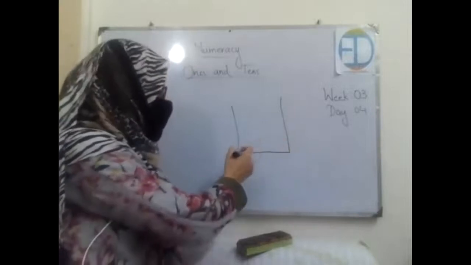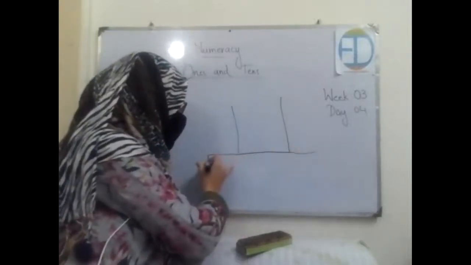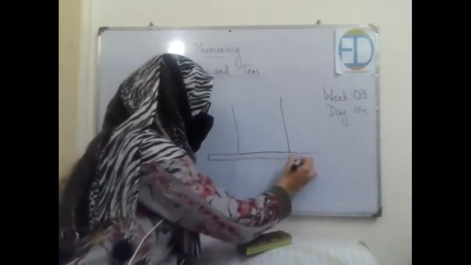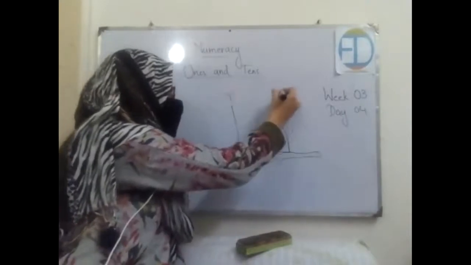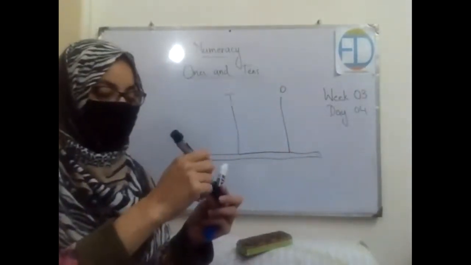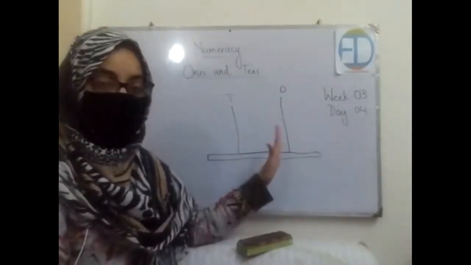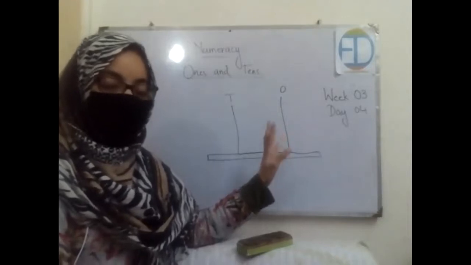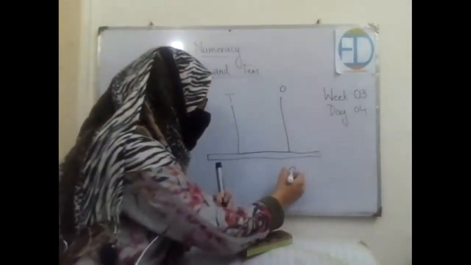I'm drawing an abacus over here, and I told you that while writing numbers in the form of tens and ones, this is a simple strategy that we can adopt: we can draw an abacus. And I told you that in every abacus, you will always start from the left hand side when you are placing numbers. And in every abacus, how many beads can be put?